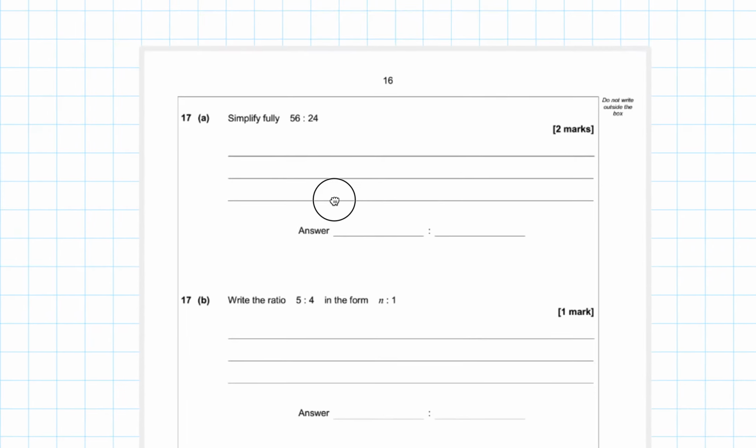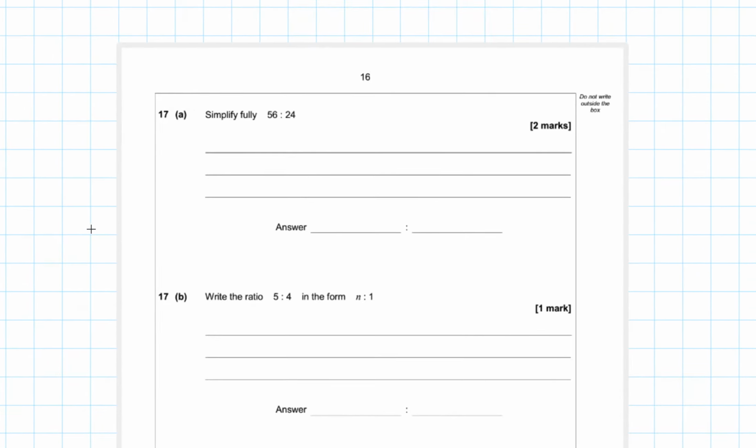Question 17. Simplify fully the ratio of 56 to 24. So here, all you're trying to do is simplify this answer here. So 56 and 24. So again, you want to find common factors of both of these, but you can just start basic. You can just divide them by 2 to start with, because they're even numbers. So 56 divided by 2 gives you an answer of 28, and this is 12. We can then divide this by 2 again, because they're even. Again, I'm going the long method here. We get 14 and 7,